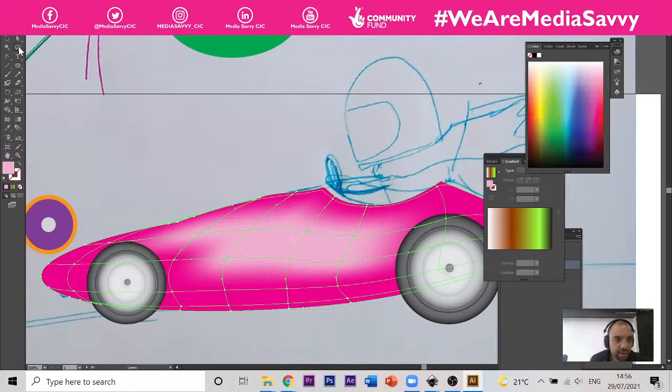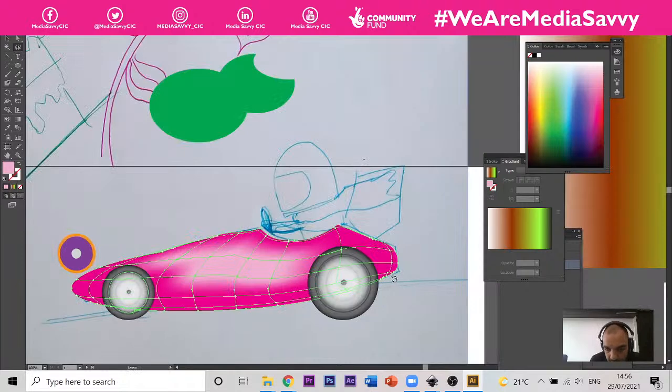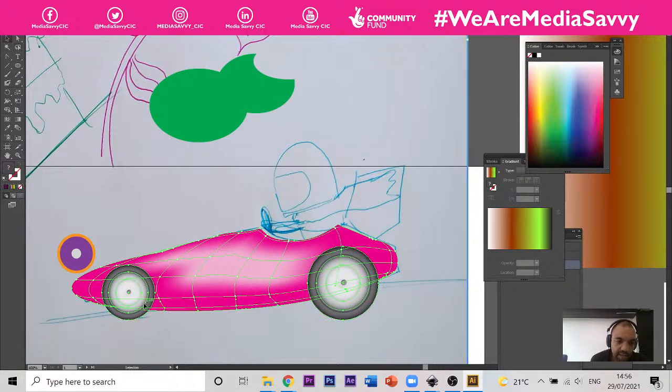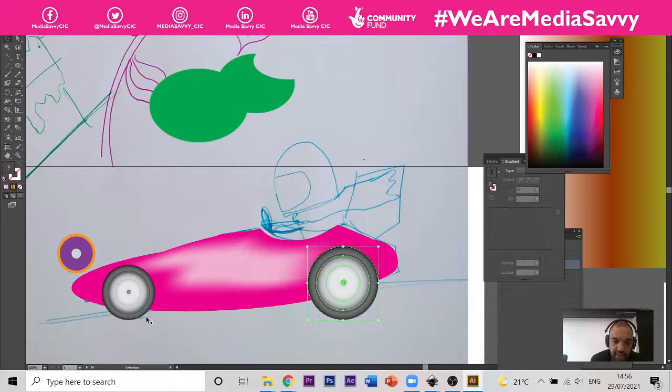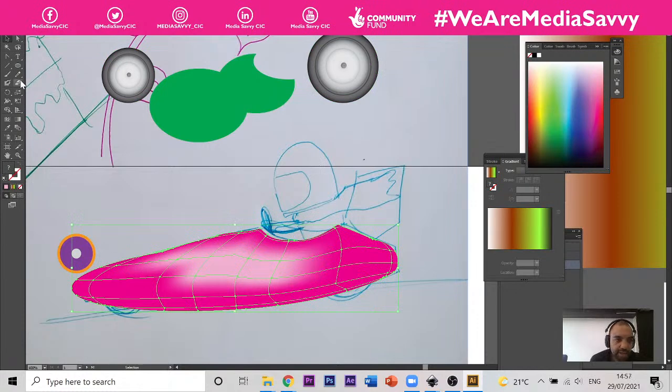Okay, and then let's go to our lasso tool, select the bottom, and this is going to be in shade because it's at the bottom here. Select that, and then we're going to get a nice dark pink or purple. That's great. Okay, it's also colored the wheels. We don't want that, so what I'm going to do is click away from that image, take these wheels and move them away for the time being, and then go back to the car and do the same thing again. So rectangular tool, select those points there,